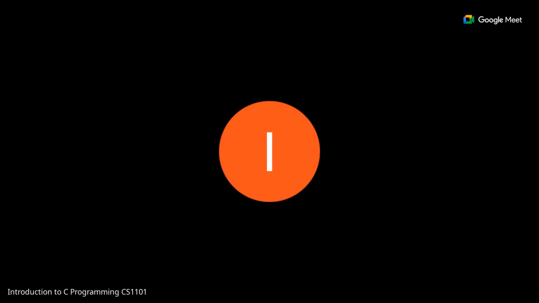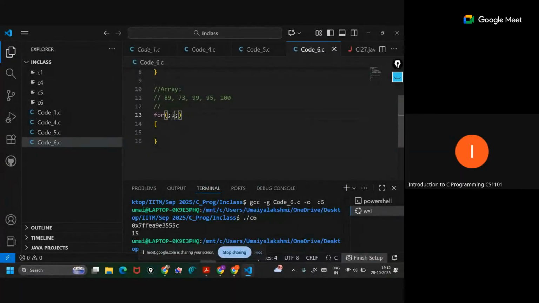One minute, I'm sharing my screen. I hope my screen is visible now, right? Yes, ma'am. You can give it like this, or you can give only this. And somewhere above in the code, you have given i equal to some value. And then here the condition is already given, and inside I'm giving i++. This is fine. Or else you can take this out also and give it as: if i is less than 10,